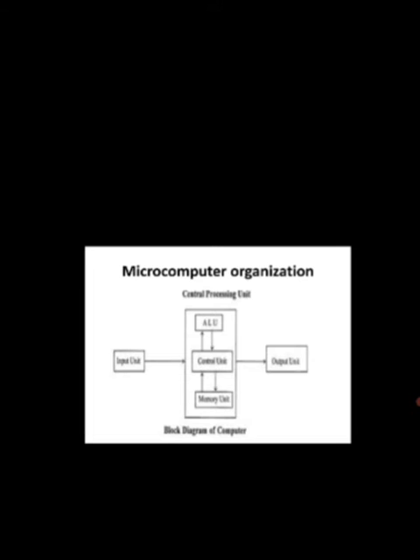So, a list of instructions with data is stored in a memory either for a short time or permanently. Actually, instructions are stored in a memory called the program memory. In this memory unit, there are two types of memories, that is program memory and data memory. So instructions which are stored in the memory are called program memory, and the data stored in the other part is called data memory.